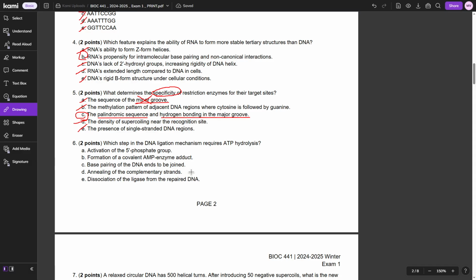enzyme, where the enzyme attacks ATP, releases pyrophosphate, and forms a covalent intermediate with the AMP and the enzyme, and then the pyrophosphate is hydrolyzed. So that's the step that requires ATP hydrolysis. And then after that, right, because you've formed